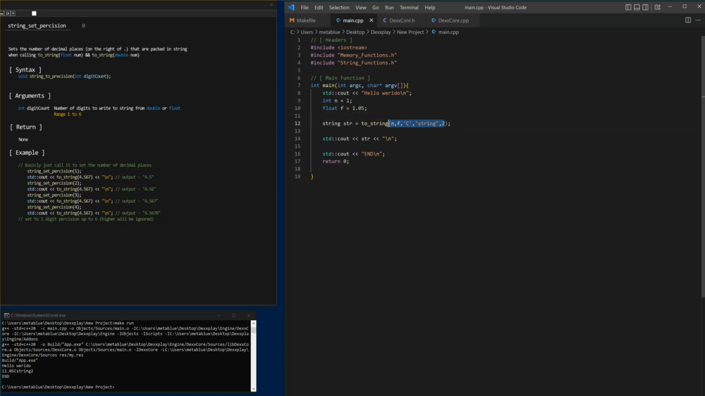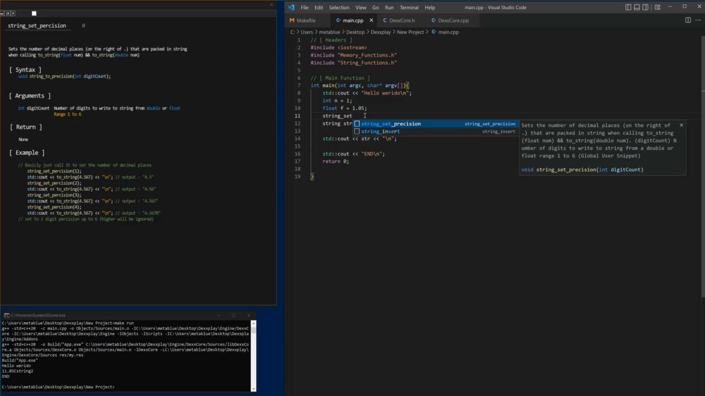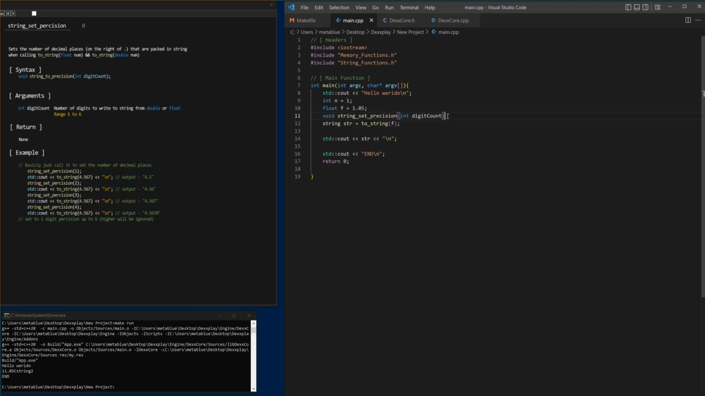For instance, if we were to put our float in here, and as you can see last time it showed 2 decimal places, we could use string set precision. And what this would do is you could set how many decimal places is going to be displayed on your float or decimal place. For instance, the range is only 1 through 6. If you were to put 0, it would be ignored, and if you were to put 7, it would be ignored. But if we were to put 1 and run it,